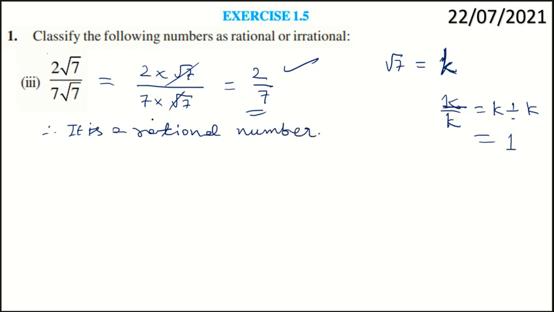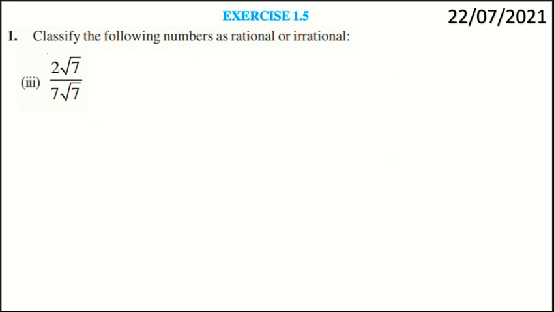Now moving on to the fourth one, let me wipe this out. If you want to note down, you can note this down. Now the fourth one, 1 upon root 2. Here you know 1 is a rational number divided by root 2, an irrational number. An operation between one rational number and another irrational number will always result in an irrational number. Therefore it is an irrational number.